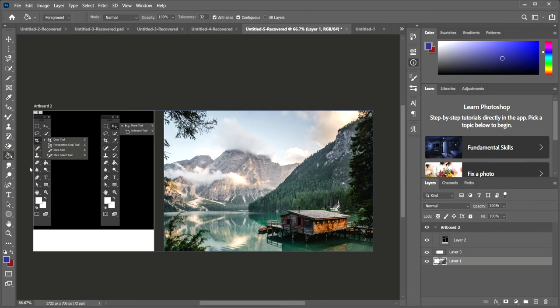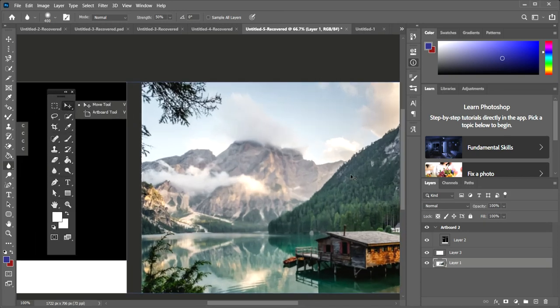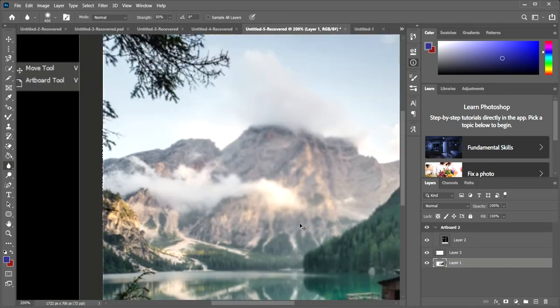The 3D material drop tool is not required in this. Then next is the blur tool. The blur tool is used to blur parts of an image, which can help with harsh contrast in the image. Like the sharpen tool, it behaves like a brush. You can blur your image. You can see it's being blurred.